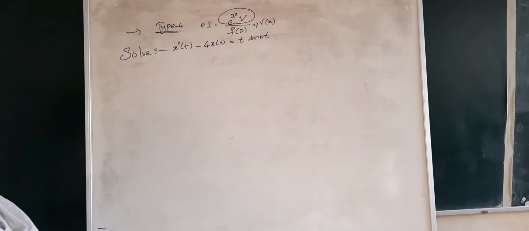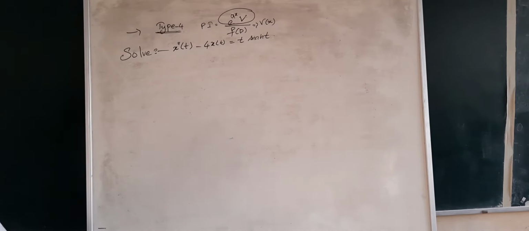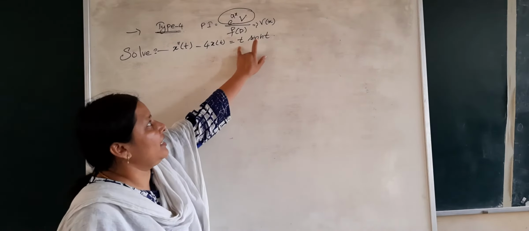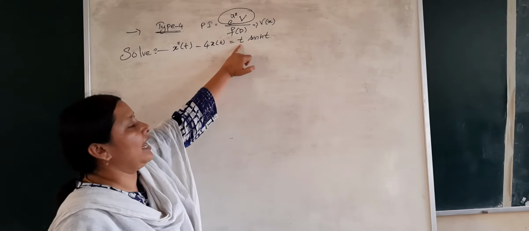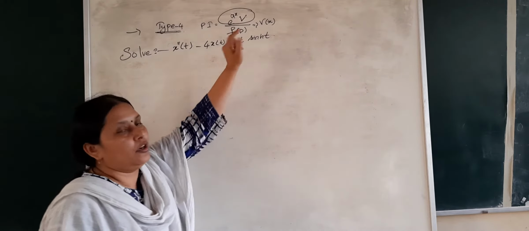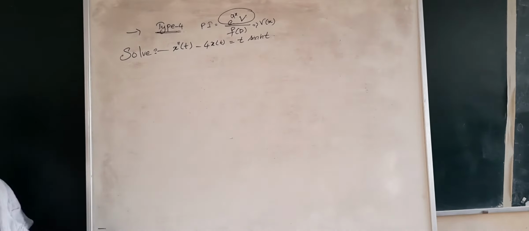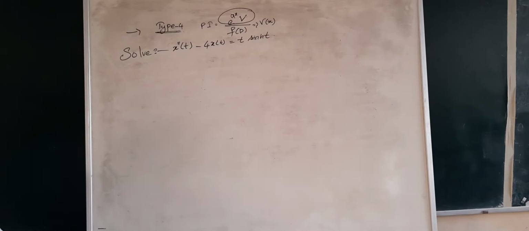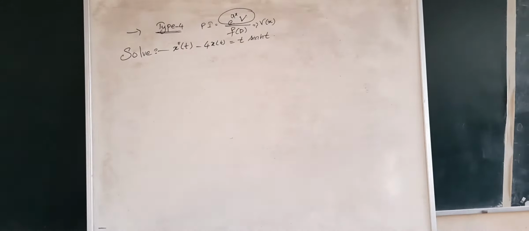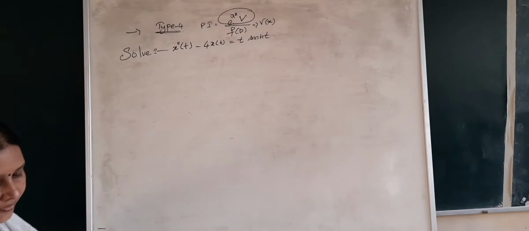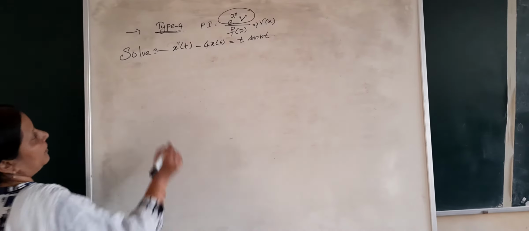Why is it again under type 4? Observe here, sin hyperbolic can be written in terms of exponential terms and t is an algebraic term. So we again have a product of two functions, one exponential and the other algebraic. So this is the same pattern as the problem we did in the previous case. Anyways, let us put the given equation in operator form.